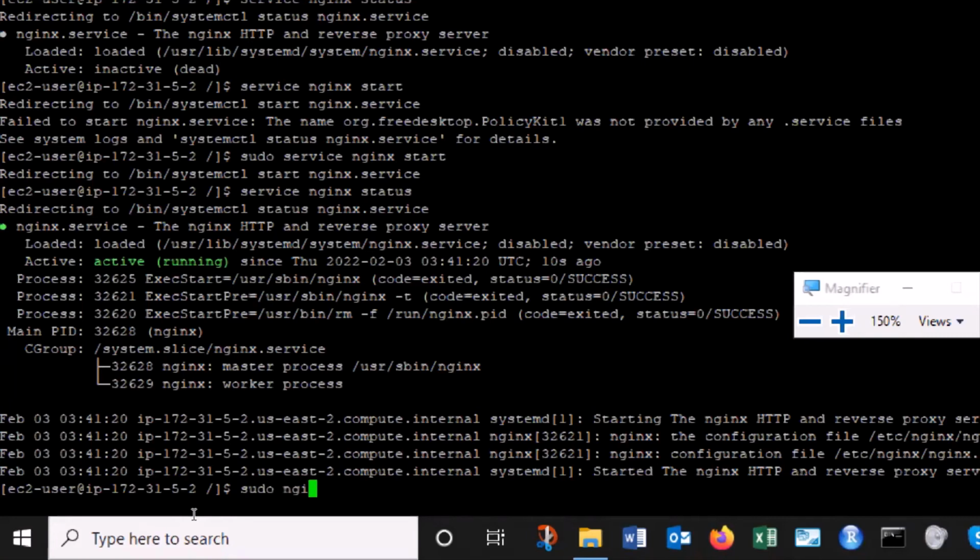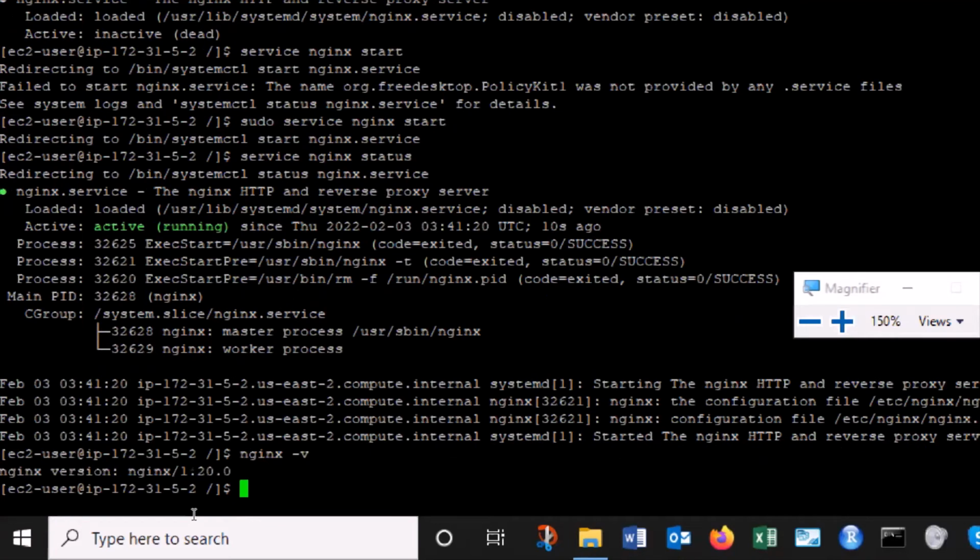sudo nginx. Oh, before we get into that, I want to see what version of Nginx it has installed. Obviously, the latest version. The command for that is nginx -v. Okay, that says nginx version 1.20, which is the latest. Now I want to know where the configuration file that this Nginx is using is. And the command for that is, I'm going to say